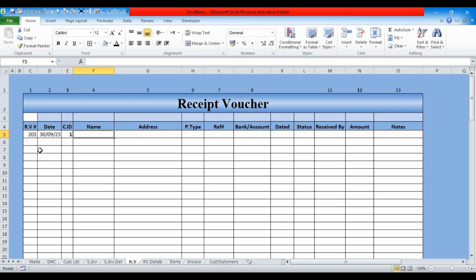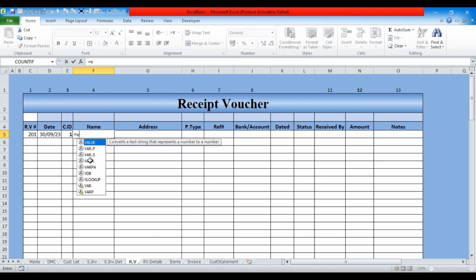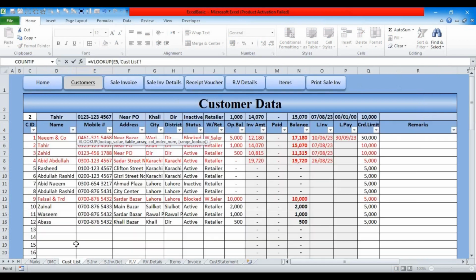that is for name, but I want the name and the address to appear here dynamically. So I'll use the VLOOKUP formula, is equal to VLOOKUP, press tab. The lookup value is this customer ID, comma, and the table array, that is, where is my answer? The answer is in the customer list. I'll select from here the customer ID all the way till district, all the range. I'll select a long range